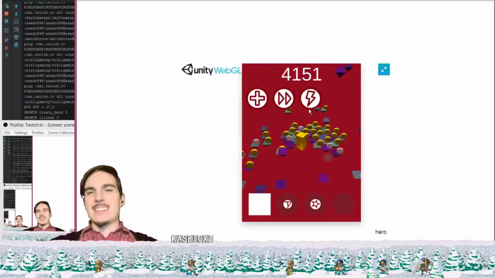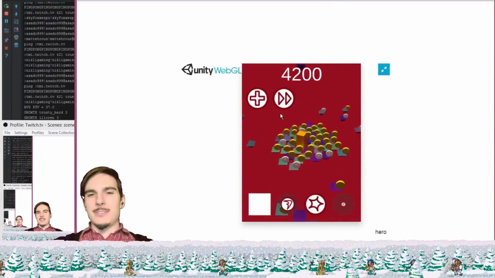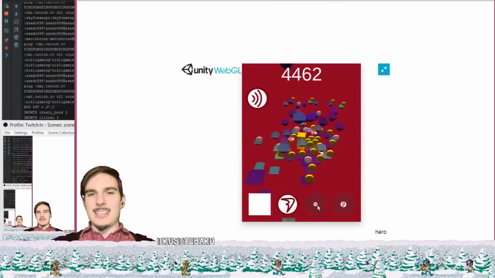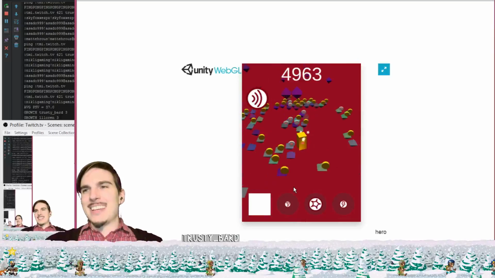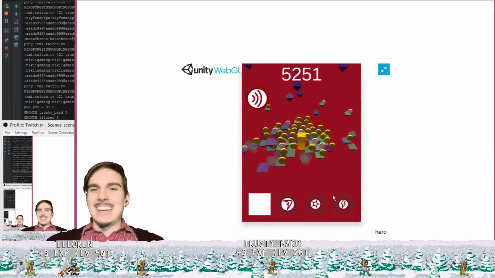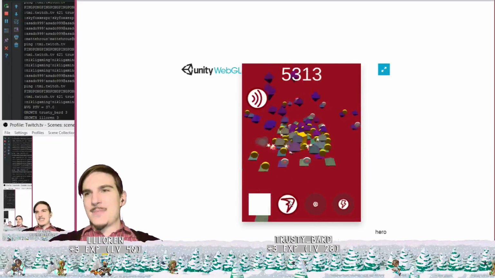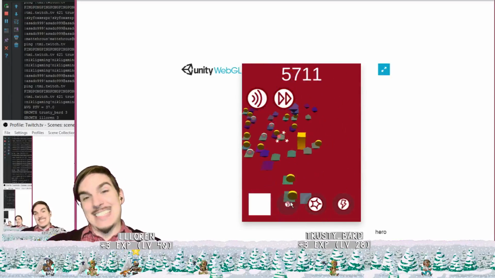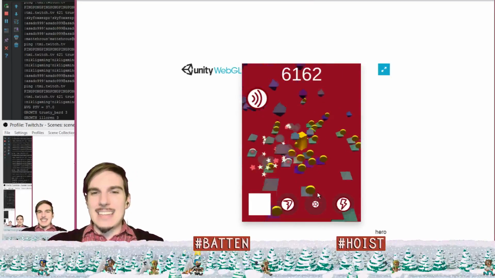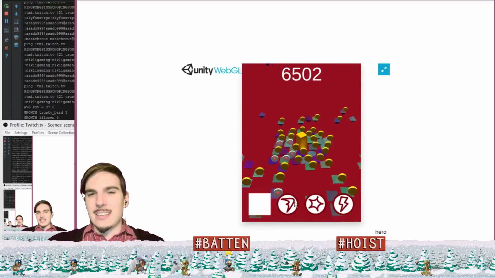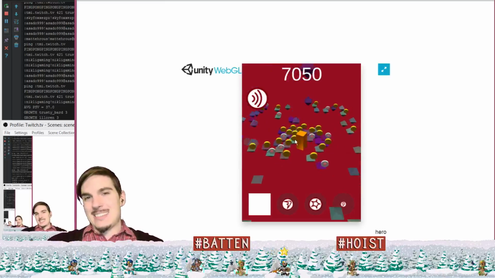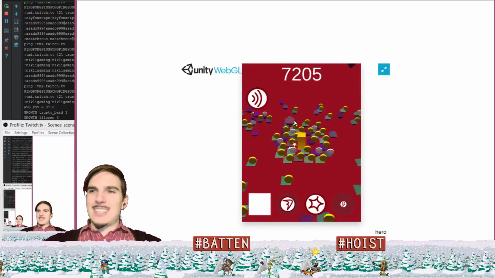Yeah, I've been excited about the possibility of WebGL for Unity projects for a while. Of course, the first thing I had to do was, yes, this is the WebGL version. It's not as smooth as the original web player version, but it certainly works. This is like a game, so